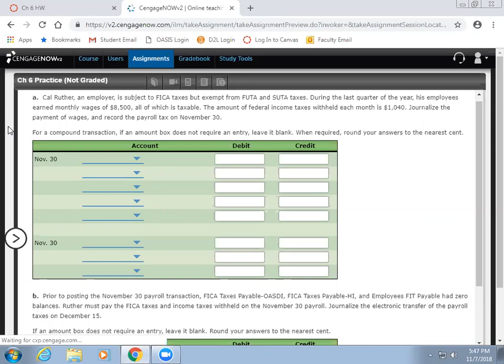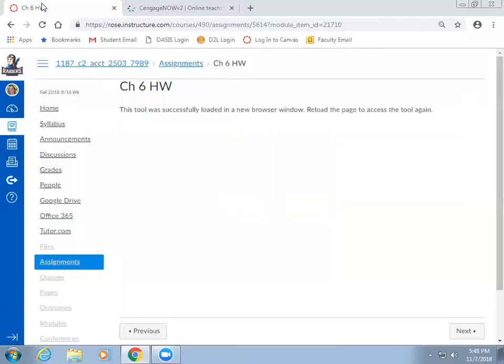So now we're really just learning the journal entries, which some of it is, if any of you remember financial accounting, we did cover some very basic payroll entries. And so these are really similar or the same structure as what we learned. So it's really nothing too bad, I don't think. So we're going to do the chapter 6 practice, and then I went ahead, and you hopefully saw it on